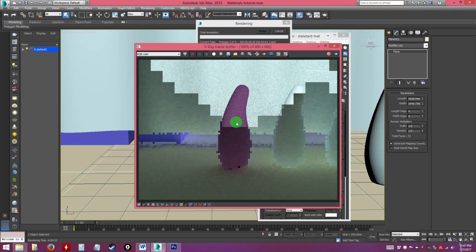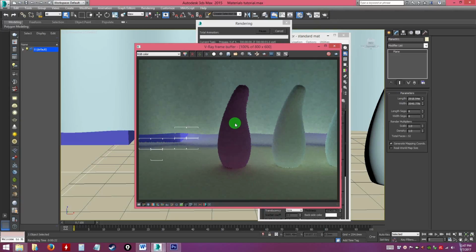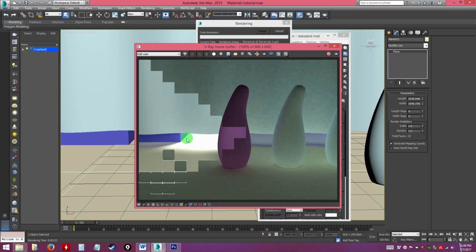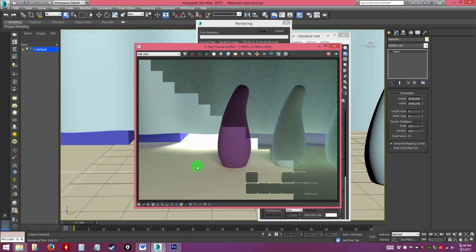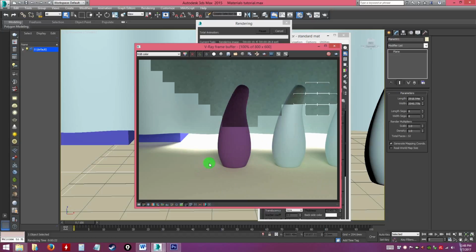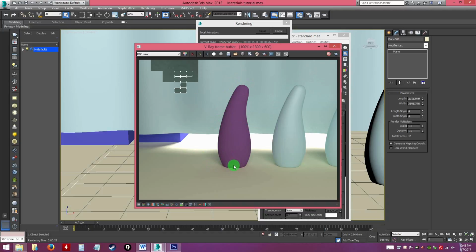So you can see the render will take a longer time. It depends on what your settings are. If you put it too high, you get a nice render effect, but you have to sacrifice longer time to render. So the concept here is very simple. If you want nicer renders, it will take longer. If you want a very rough and fast render, it's going to look very, very rough and not so nice. Alright, as you can see, a very nice looking